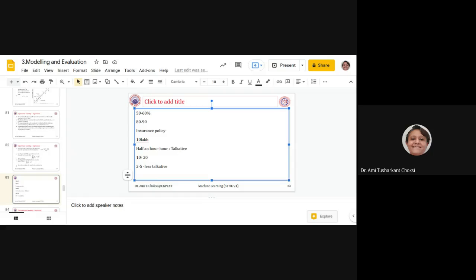If I say talkative, less talkative, or middle range talkative, then that is the label given to them. But labels are used in classification. So how do we group the people according to unsupervised learning? In unsupervised learning, we are finding similarity. If whatever characteristic we are considering is nearly equal to this group, then we put that data in this group, right?